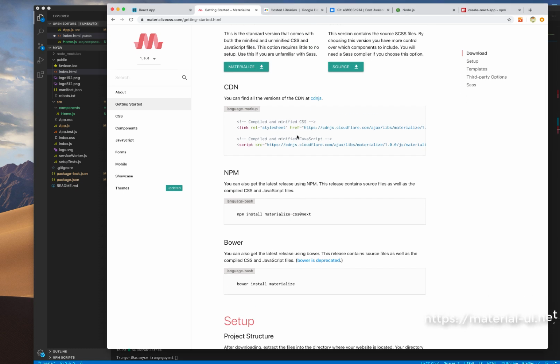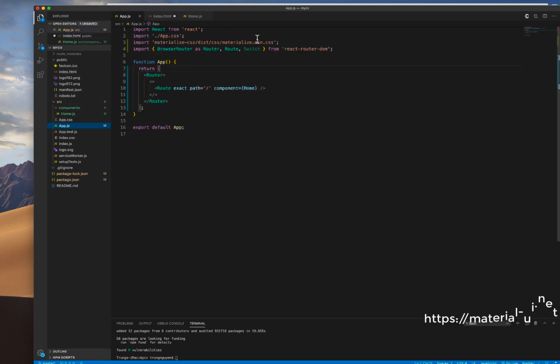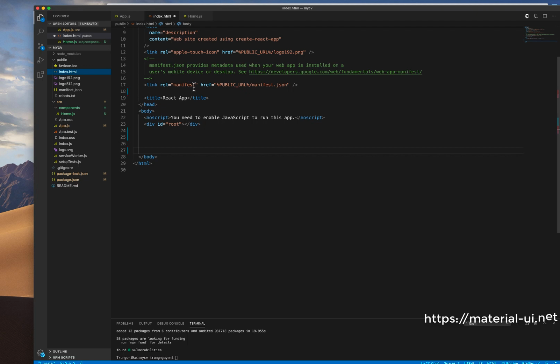You can also use this one to add into the index.html, but you don't have to define that one because we already installed the Materialize library. So here we just duplicate this one and I change this one to JS and this one .js. That's for the Materialize JS file,